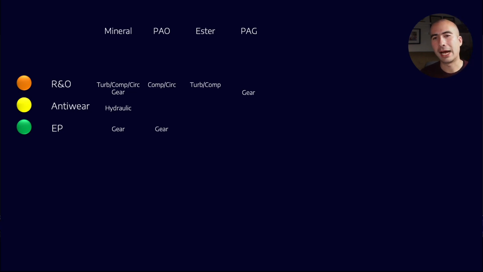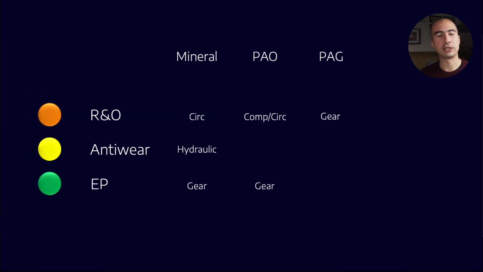And let's say, for example, a PAO hydraulic oil, they're increasingly rare because there are so many very good Group 3 options available as well. So you don't tend to see too many full synthetic hydraulic oils. Okay, so now what we're left with is a limited range. Unless you're in the power generation industry, you might not have any turbines on site, so let's pull back on those a little bit. And let's say that for a generalized industrial site, these might be the types of lubricants that you have on site. Okay. So because there are only 1, 2, 3, 4, 5, 6 different types of lubricants,